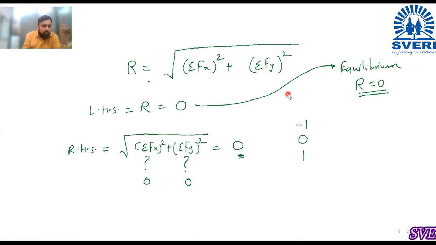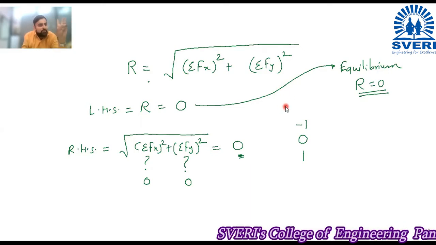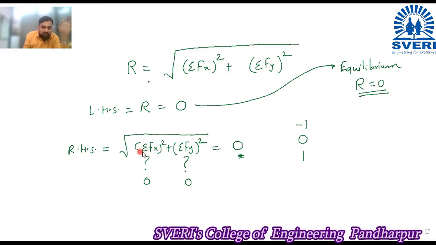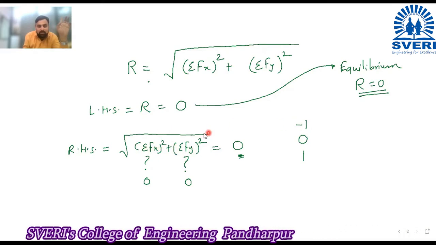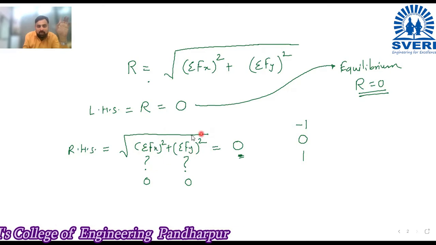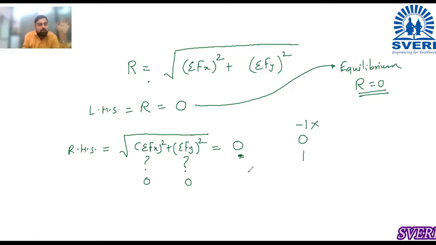पहिला 0, एक तर 0च्या आधी सगळे मायनस मध्ये, 0च्या नंतर सगळे प्लस मध्ये. आपण तिन्ही ट्राय करून बघू कधी आपल्याला आन्सर 0 मिळतं. सो इफ आय पुट -1 ओव्हर हिअर देन इट इज -1 स्क्वेअर प्लस -1 स्क्वेअर. So -1 square is +1, -1 square is +1, 1 + 1 is 2. So it will be under root 2, not equal to 0. So this option is cancelled. This is not correct option.